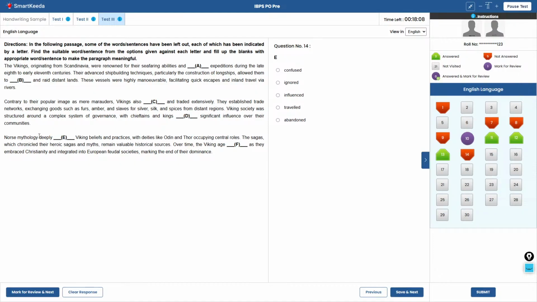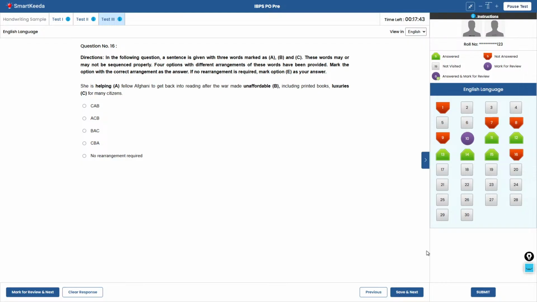Norse mythology deeply dash Viking beliefs and practices, deeply influenced. Okay, over time, Viking Age dash as they embrace Christianity. Viking Age waned, making end to their dominance. Yeah,